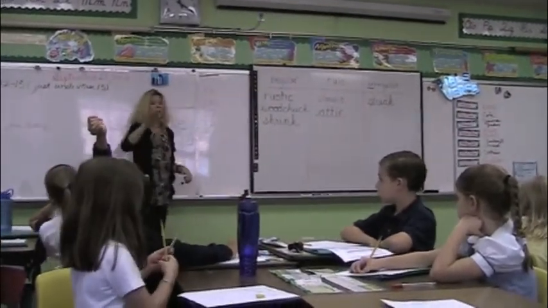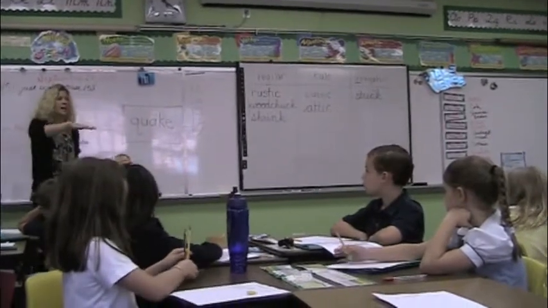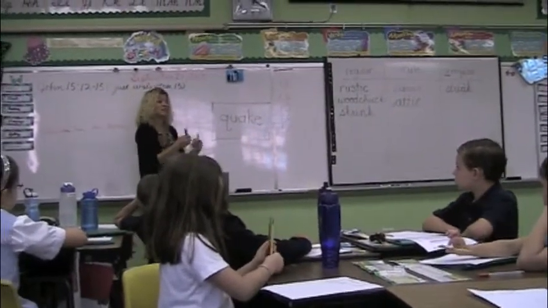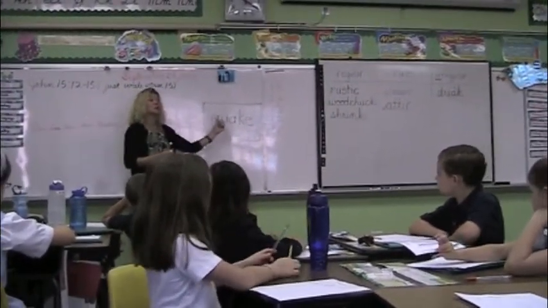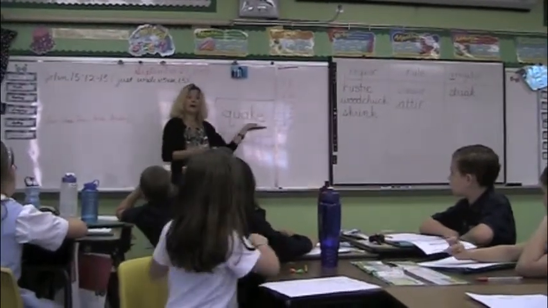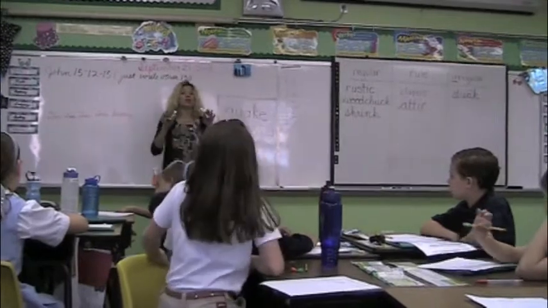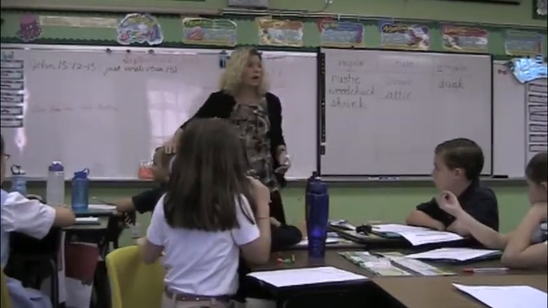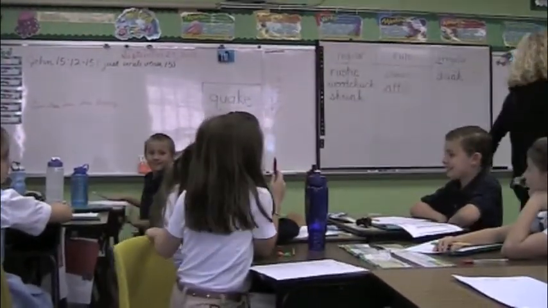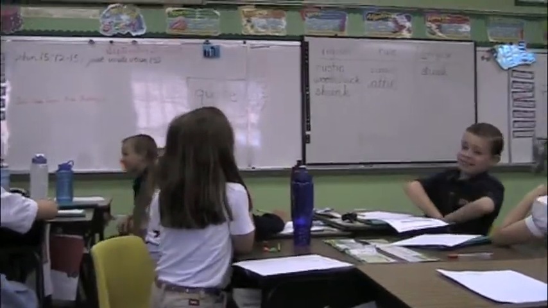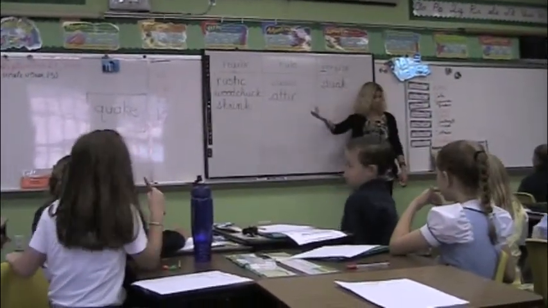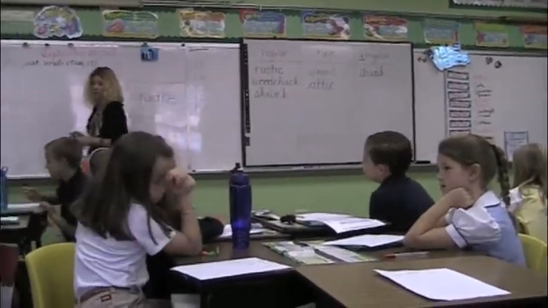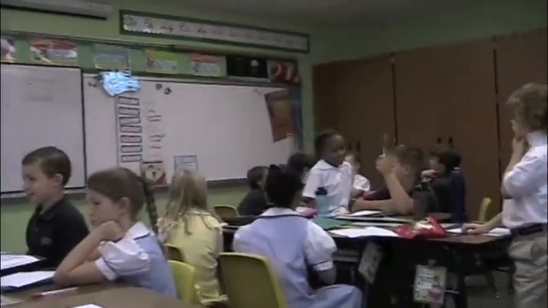Here's what we're going to do. I'm going to go around to one person in each pod, and I'm going to tap your head. If you are the one that I've tapped, you are going to be the one to play teacher, and you are going to ask, do you like the way we're spelling the A sound? And your team will decide. Don't write it down until we all discuss it together, okay? So here we go. Look up here. You work with your group and see what you come up with. Okay? Do you like the way we're spelling the